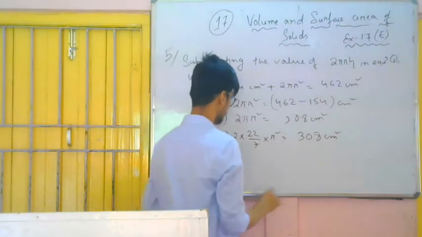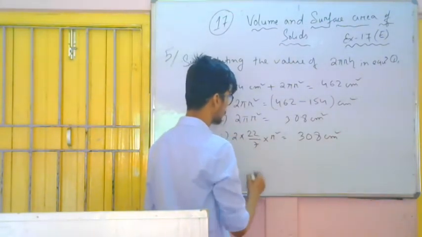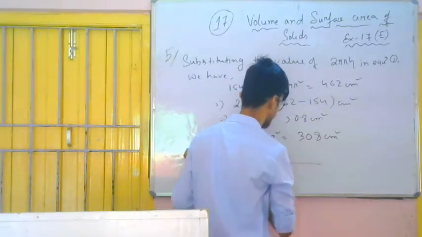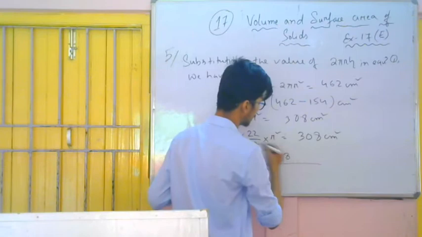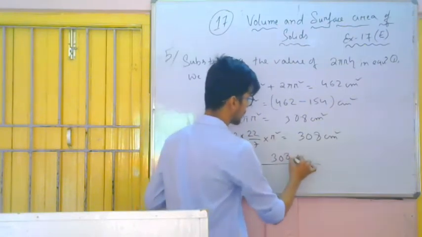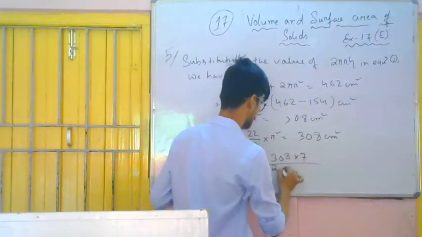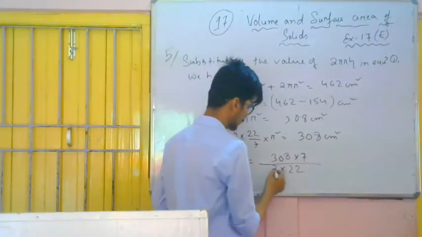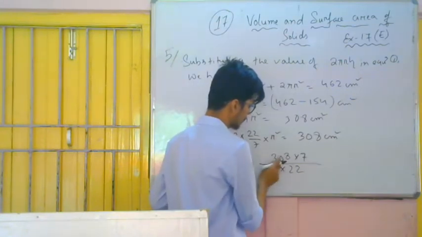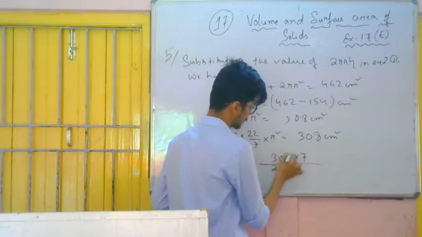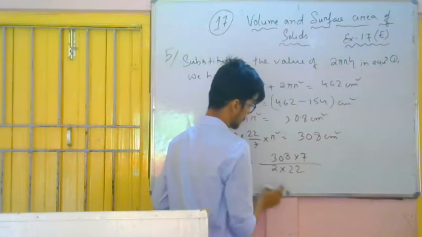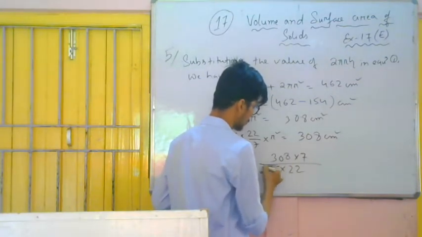This implies 22 by 7 means 44 by 7. So r square will be equal to 308. This 7 will come here, this thing will go below. So now let me cancel it with 2. You see, with 11 I can cancel this one. 11, no, it will not go. Okay, first of all let me cancel it with 2.